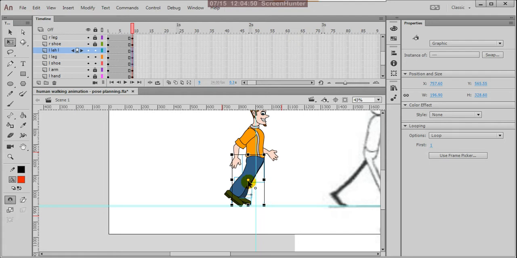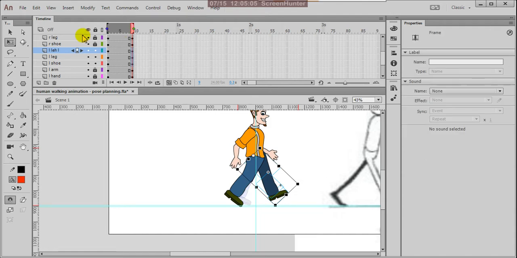You can move that registration point and drag this here, on the onion skin, so that we'll understand the other leg position.